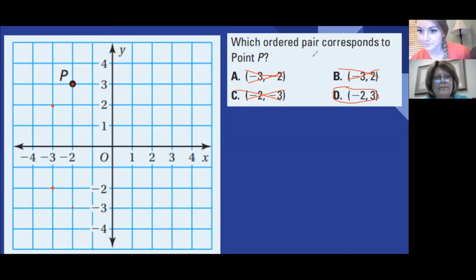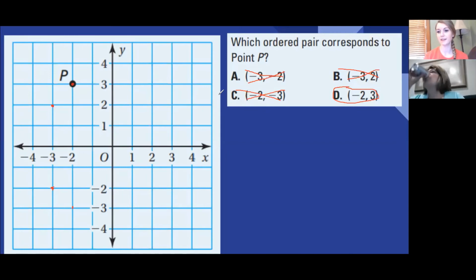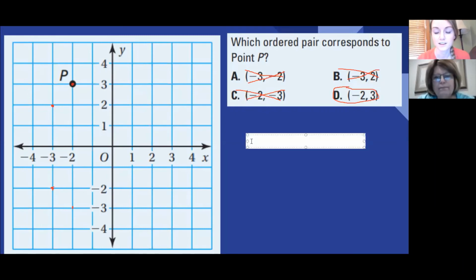I don't. Something that I do see sometimes happening with sixth graders is they forget which one comes first. So what if they forget that X comes before Y? What's our little trick? Do you have a trick that you use? What I told my students was to remember the alphabet. X always comes before Y in the alphabet. Is that what you're talking about? Yep. So X always comes before Y.